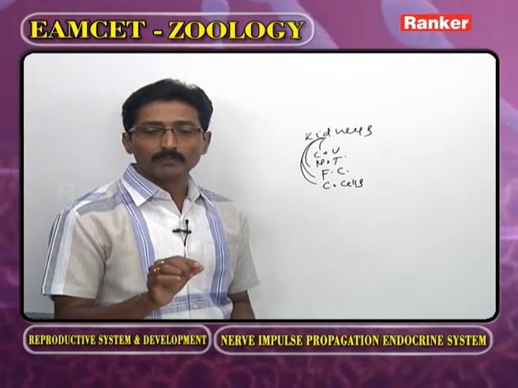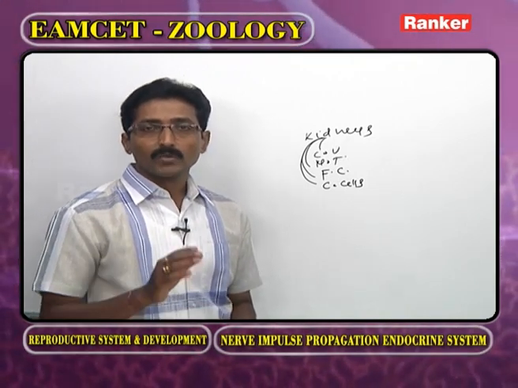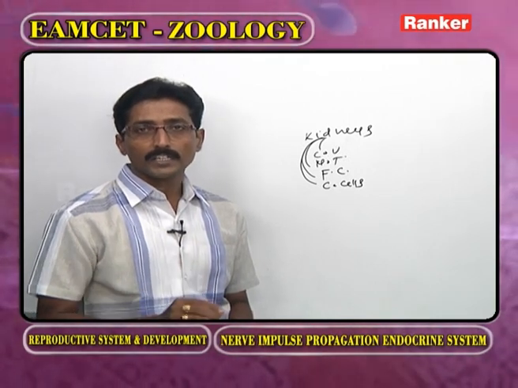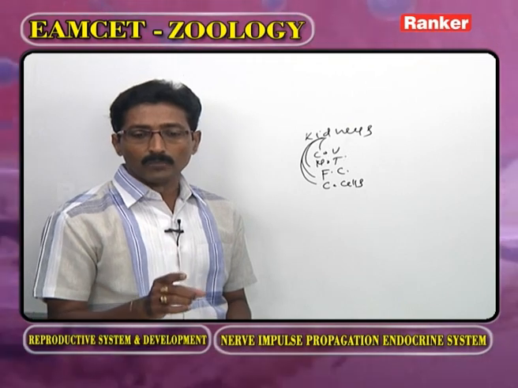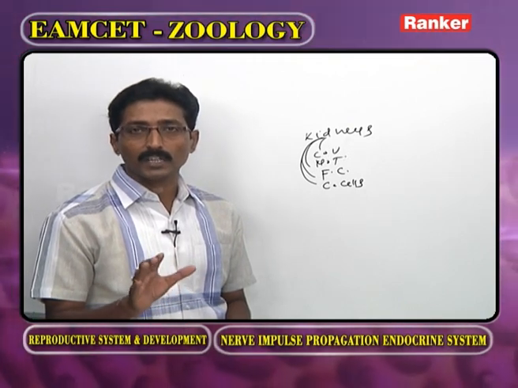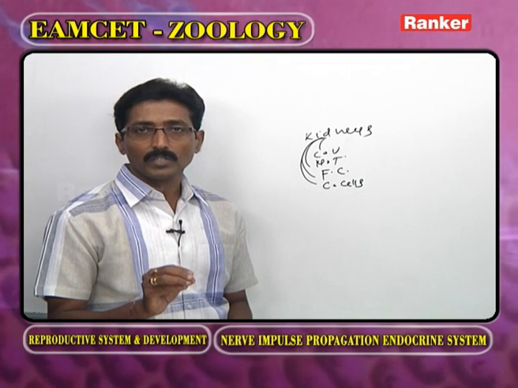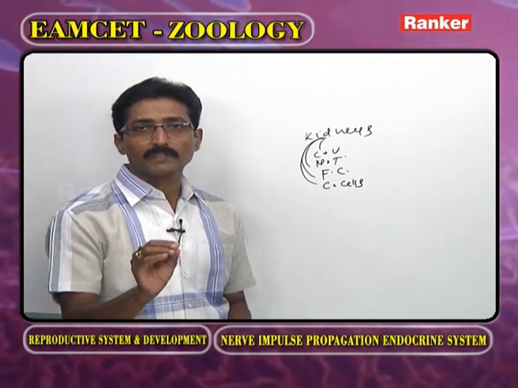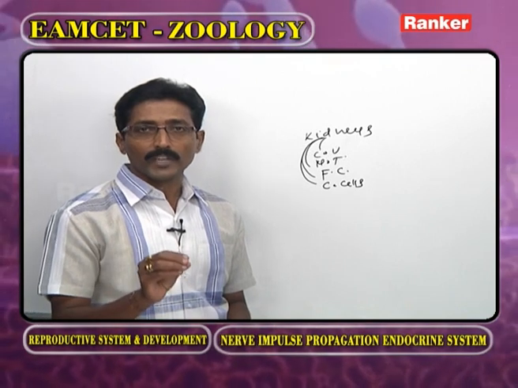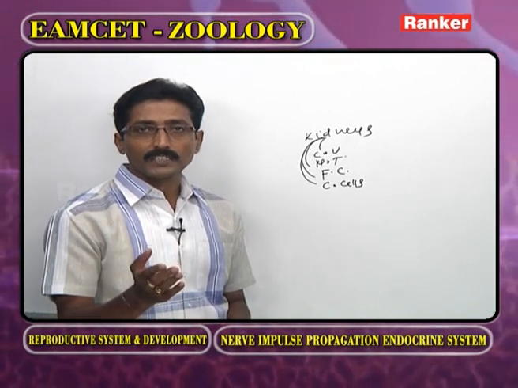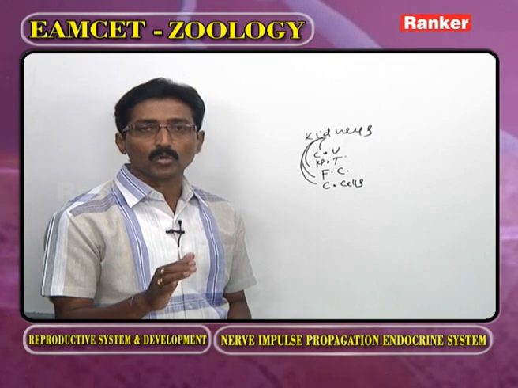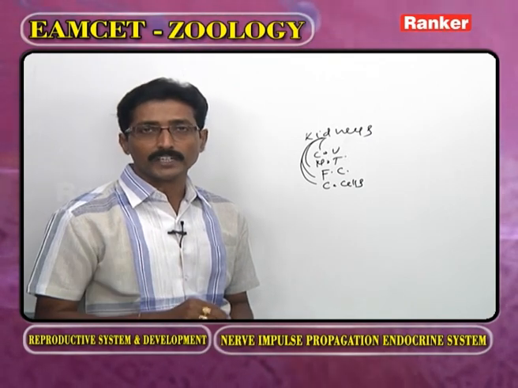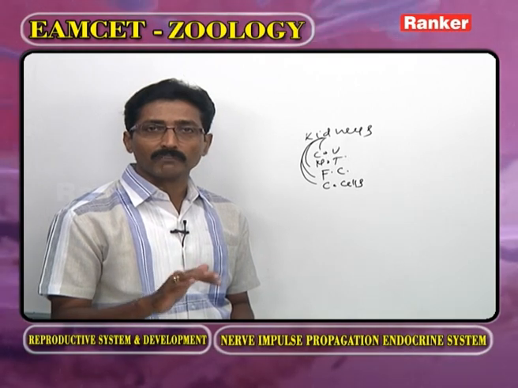Second, ammonotelic vertebrates. What is meant by ammonotelic? They excrete ammonia. They are called ammonotelic. Ammonotelic vertebrates are without kidneys. Now, what are the ammonotelic vertebrates? The best example is fishes. Now, as we observe the fishes, in the embryonic stage, pronephric kidney. What about in the adult stage? Mesonephric kidney.